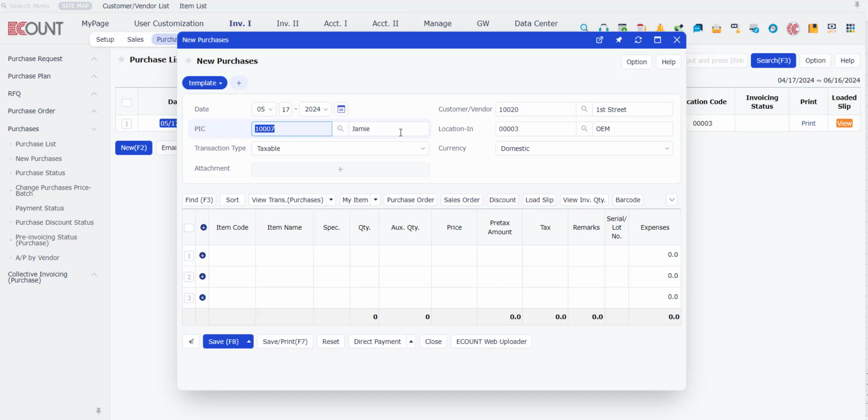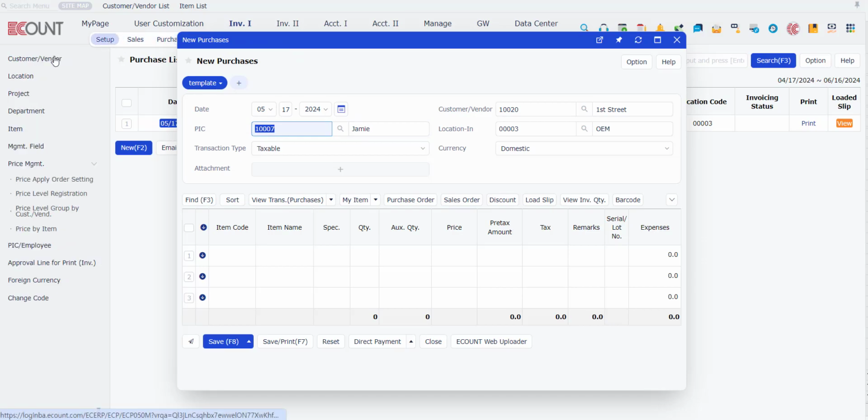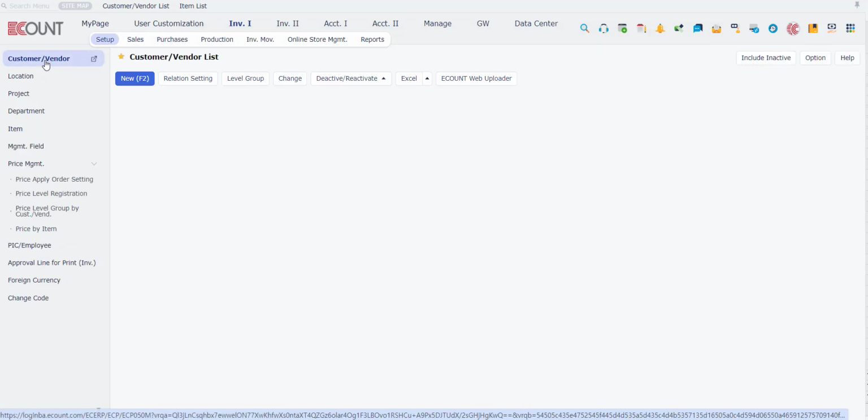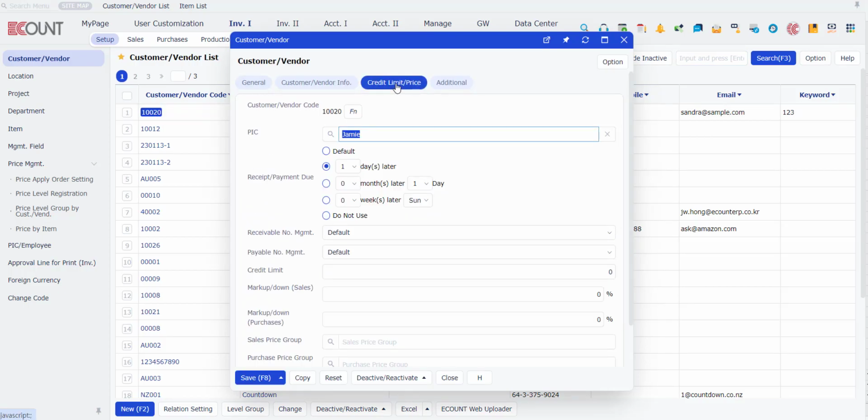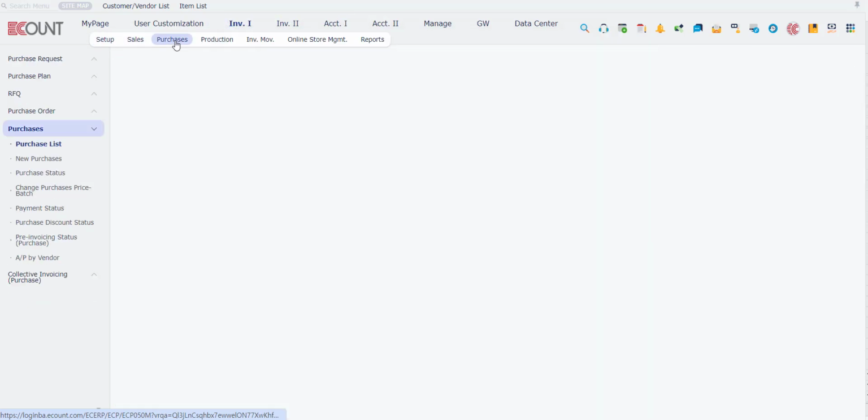If you would like to do this as well, you have to go to Inventory 1, Setup, and Customer Vendor. Select that vendor and go to the Credit tab. You can select the pick for each vendor here. Going back to the Inventory 1, Purchases,